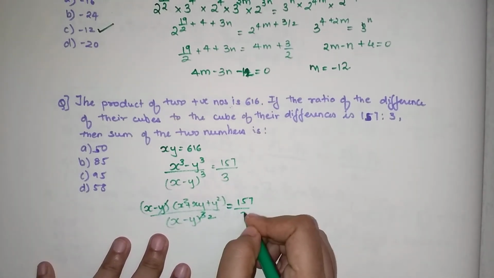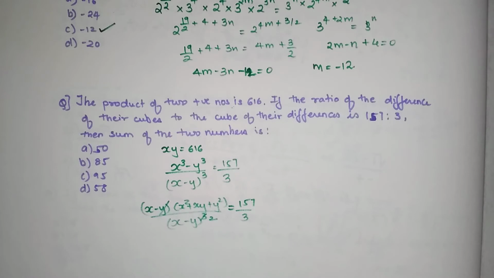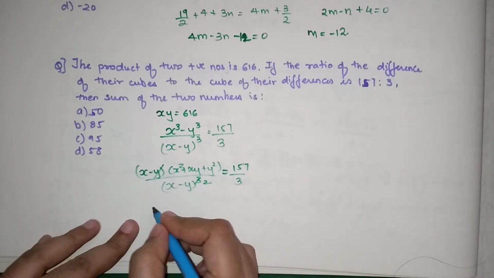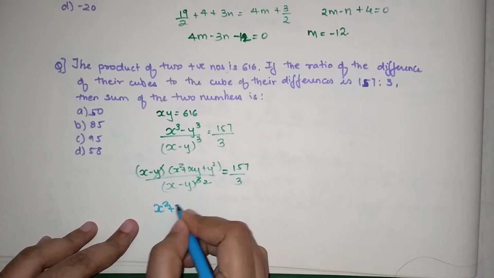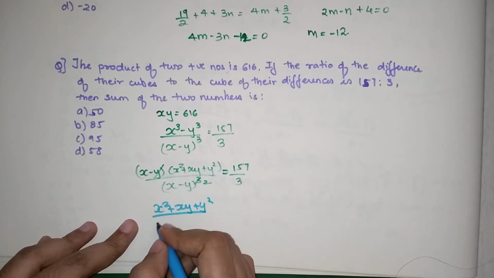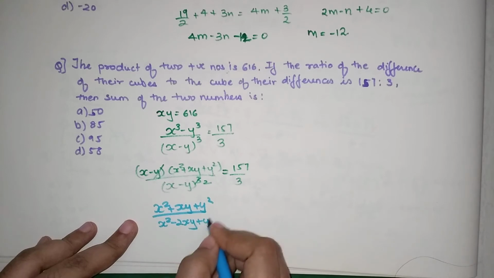I'm going to keep everything as it is. So here, you can now expand the denominator. So you're getting x square plus xy plus y square upon x square minus 2xy plus y square